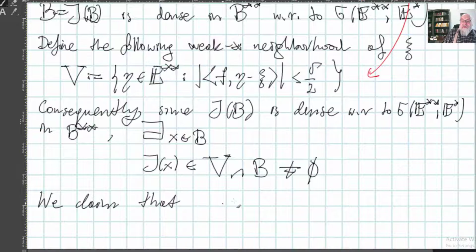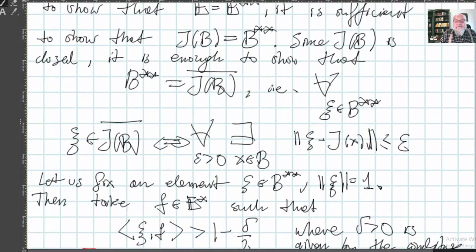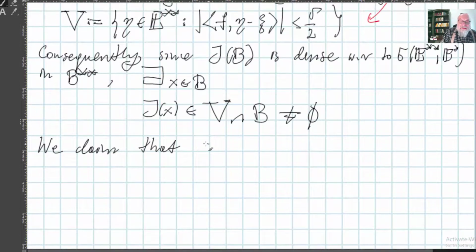So we have here that condition. We claim that |ψ − j(x)| is smaller or equal than epsilon. Assume for contradiction. So we claim it. Put it like this. Indeed, assume for contradiction